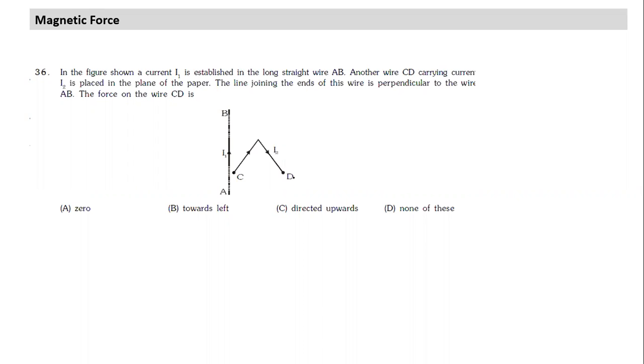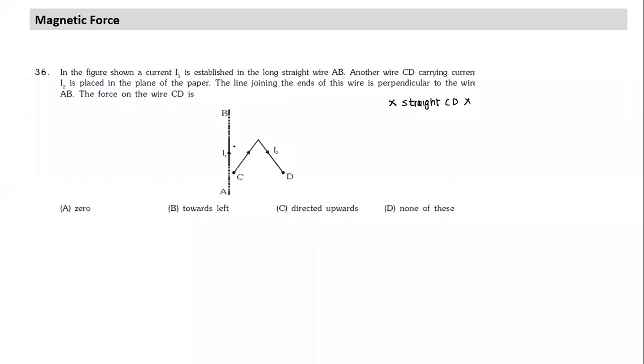Not uniform field. Right? No, it's not uniform. It's not constant. So first question, anybody who has a doubt, can we replace it with a straight wire, the straight CD? No. That is only in the case of a uniform field. So if we are interested, see what we need to do. See, two things are happening.